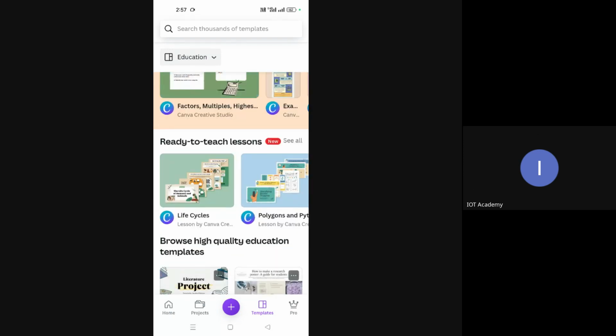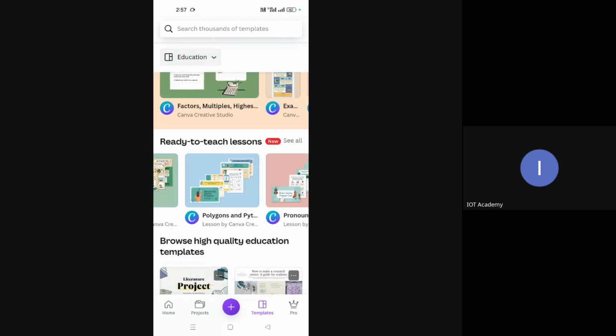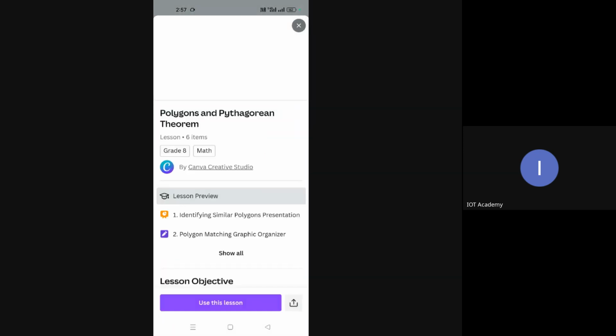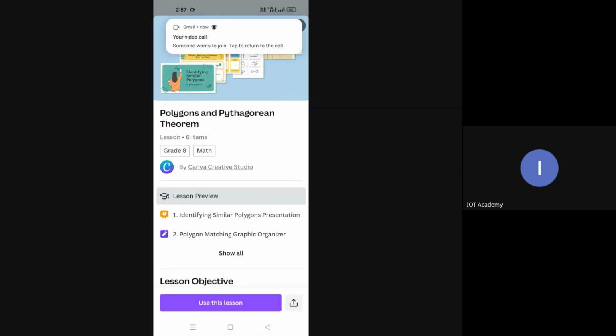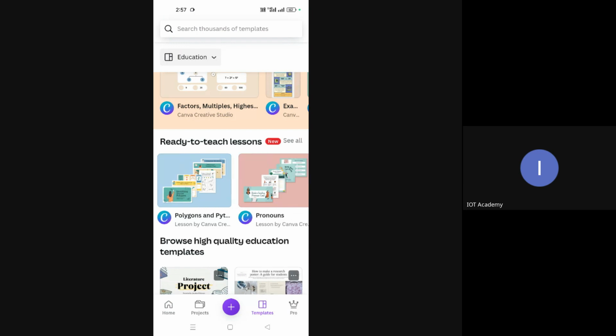Ready-to-teach lessons are available, like polygons, etc. Teachers across, use all these shapes, etc. They're all ready-made and available. Small changes are required, simple changes that you can make, and start using these lessons which are available by default.